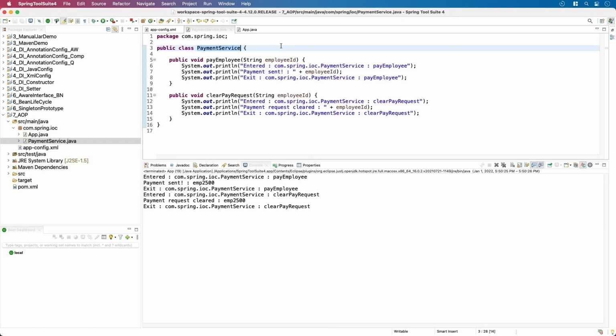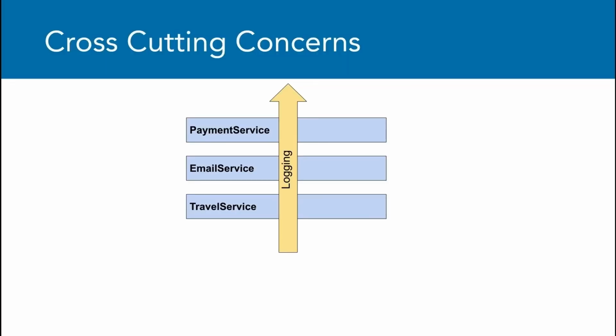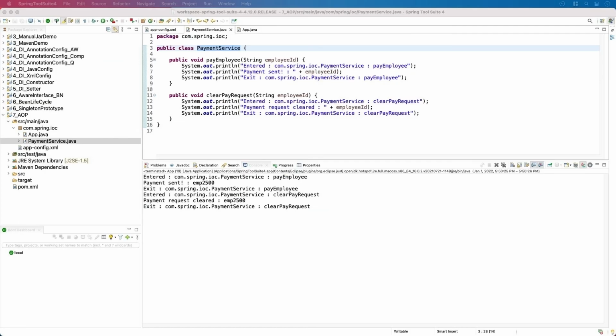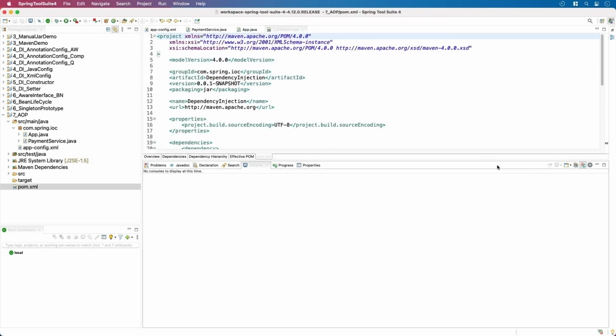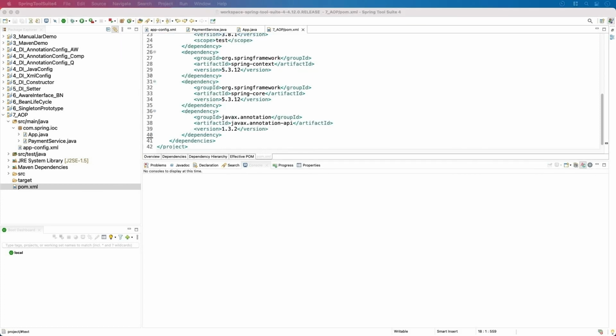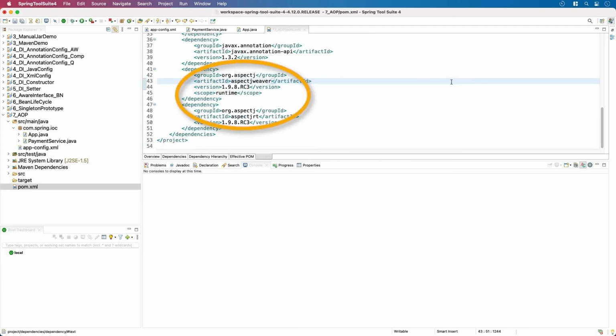And because logging is a feature that could be reused elsewhere, it's considered a cross-cutting concern, just as I mentioned earlier. So to resolve this, let's start off by adding AOP dependencies that we need. Let's hop over to our POM file. I'll clear these results in the meanwhile. We're going to want what's called AspectJ, which is an AOP extension that promotes modularization of cross-cutting concerns. To use it, we'll need these two dependencies, the AspectJ Weaver, which is its compiler, and AspectJRT, which is the